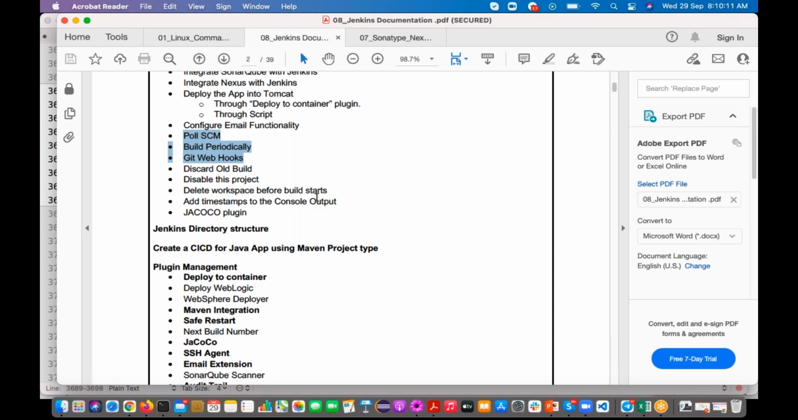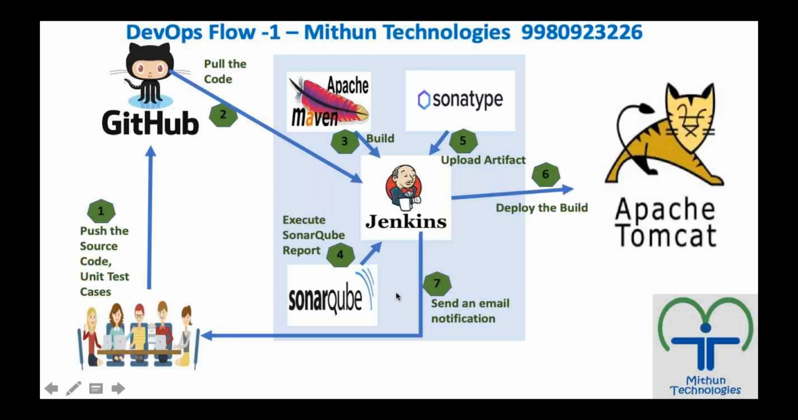It depends on your requirement. I said right here, so I have one requirement: I want to run one job every day at night 12 o'clock. Which one are we going to use? Build periodically. Right. So if I have one ongoing development,